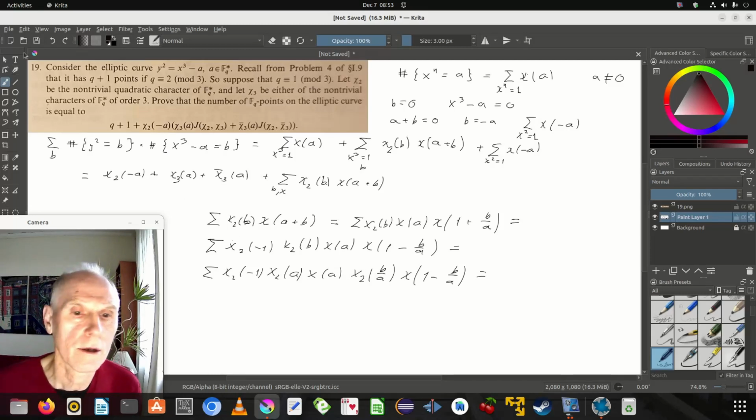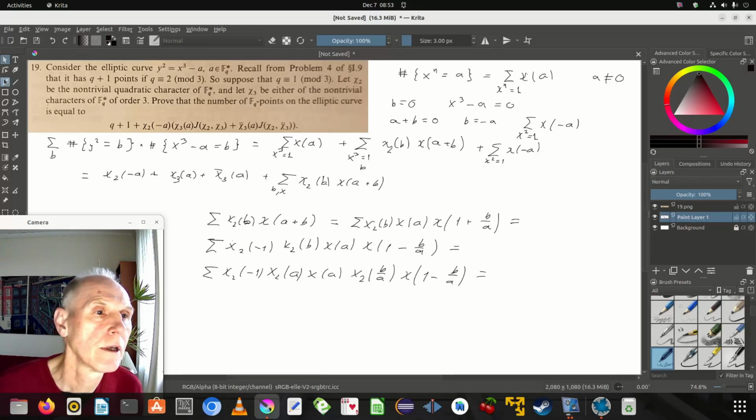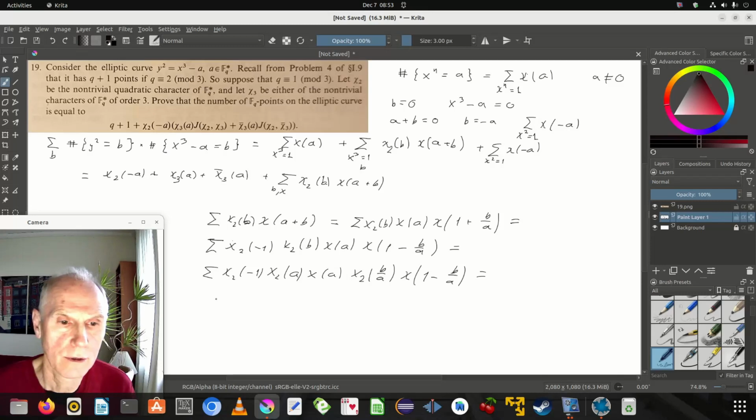Now we can perform the summation over b, and this of course gives chi2 of minus a, which we see we have here. And that may be taken out. So we just sum over chi now. Chi of a